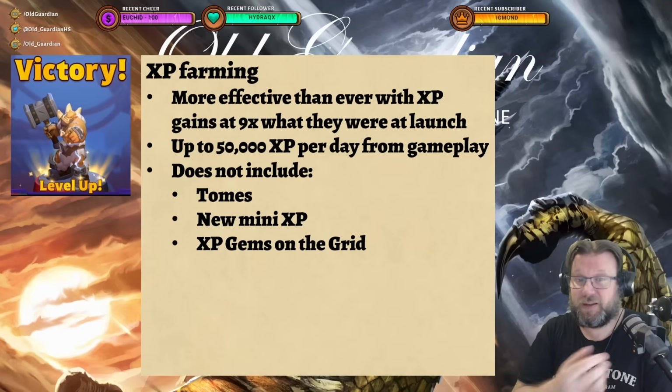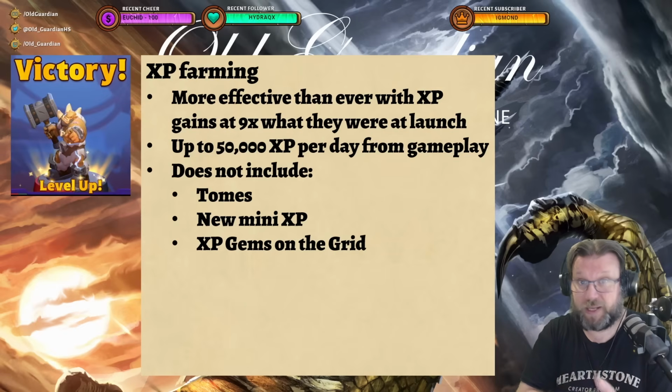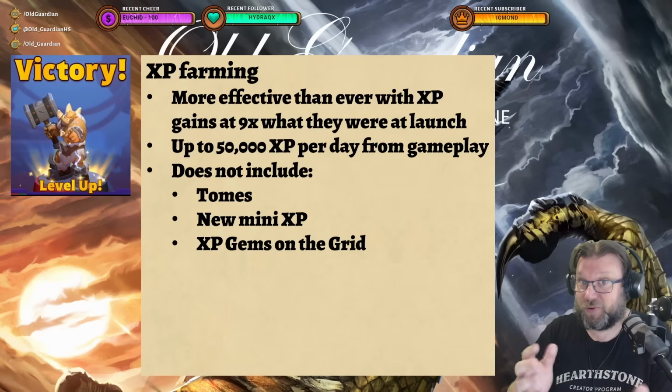So there is a daily XP cap. You can gain up to 50,000 XP from gameplay during one day. It always resets at the daily reset. And at the launch of Warcraft Rumble, that basically meant that you had to do PvP all day long to reach that cap. But nowadays it's reachable in an hour or two of doing activities that reward you with XP,